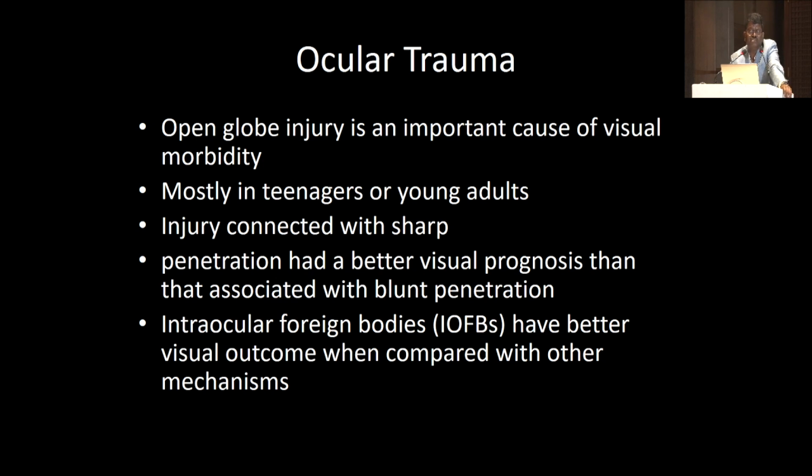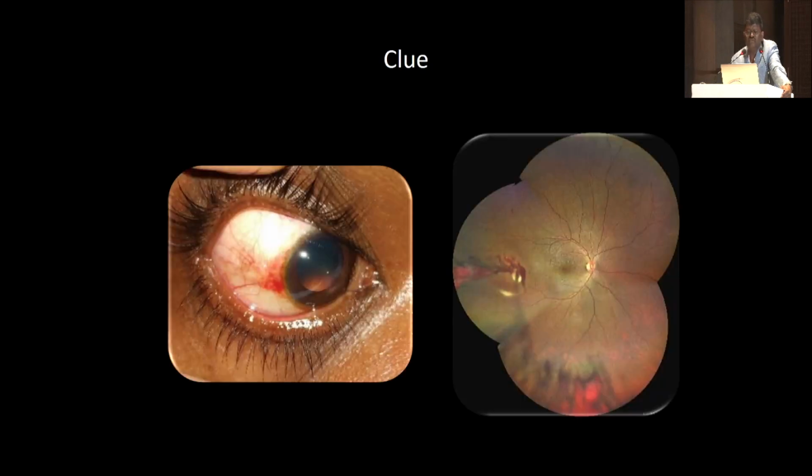During this COVID time, we have come across a lot of open globe injuries, especially among teenagers and young adults, and we have come across a lot of industry-based injuries also. Most of the people who work on lathes and other machines do not use any protective glasses, and we see open globe injuries and a lot of intraocular foreign bodies. So we come across a few such cases. That means they might have had a greater number of injuries.